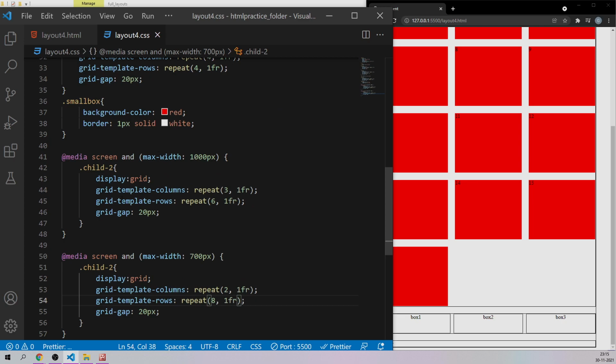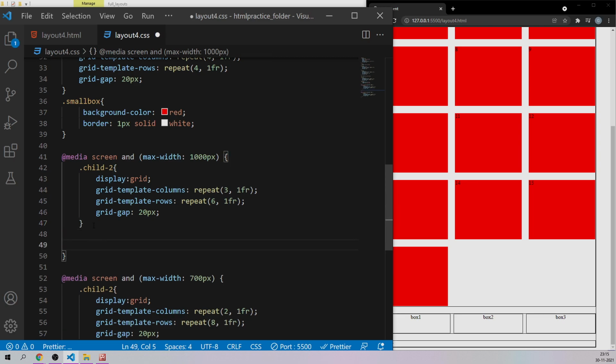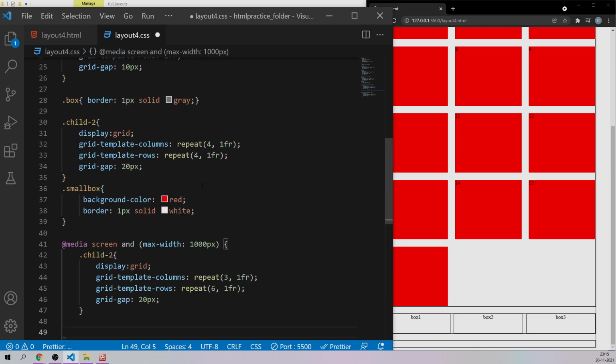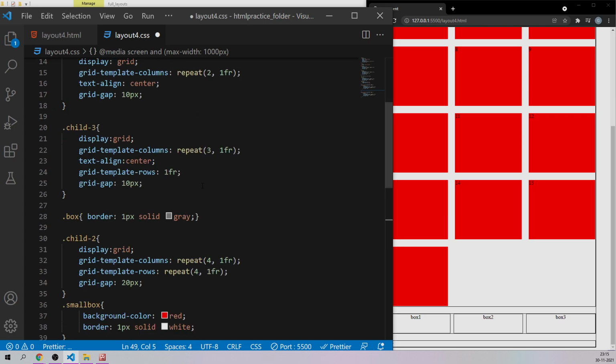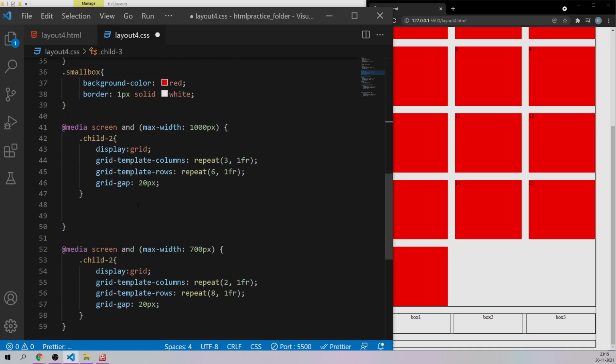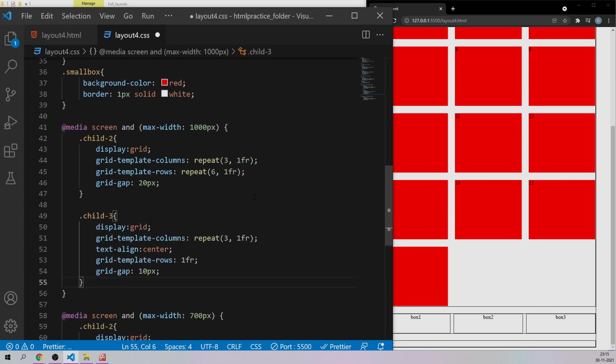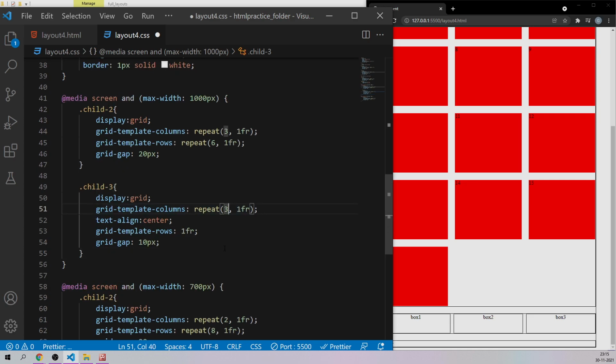And here, when it is less than 1000 pixels, what exactly should happen? So let me grab those values from here. This is that child element, child hyphen 3, and let me put it over here, and I will say we should have two rows.